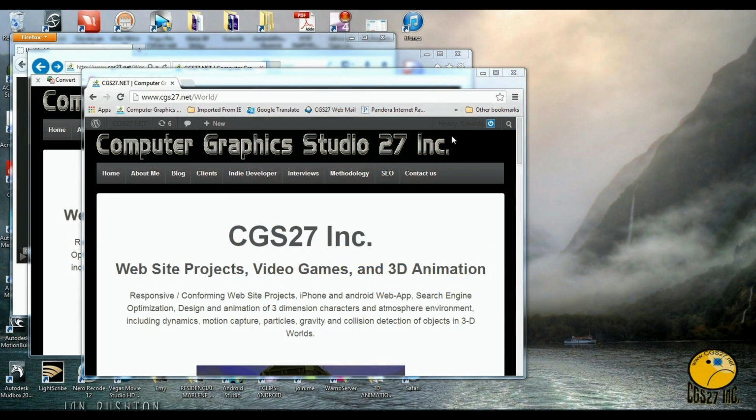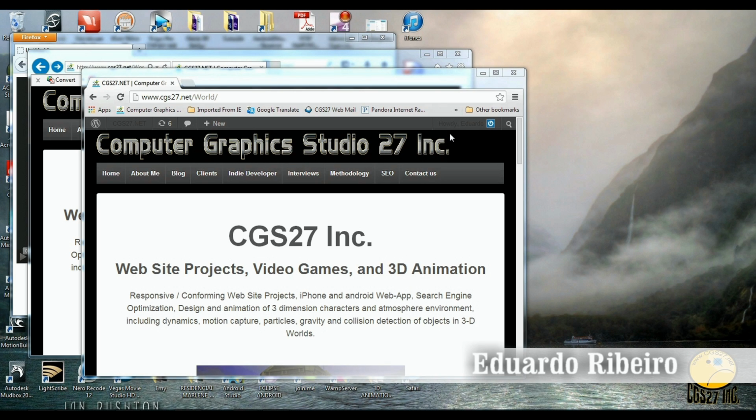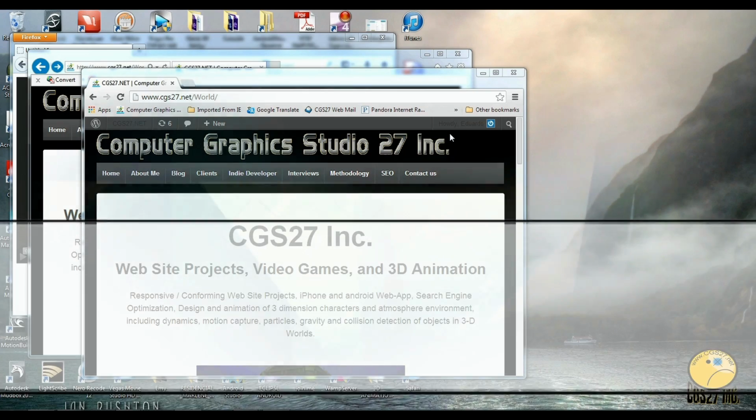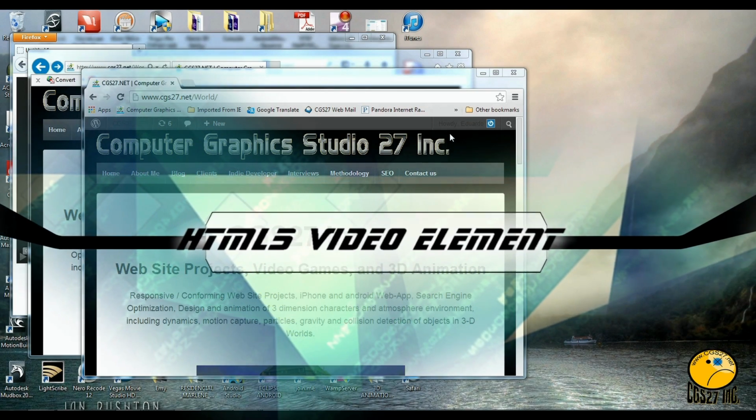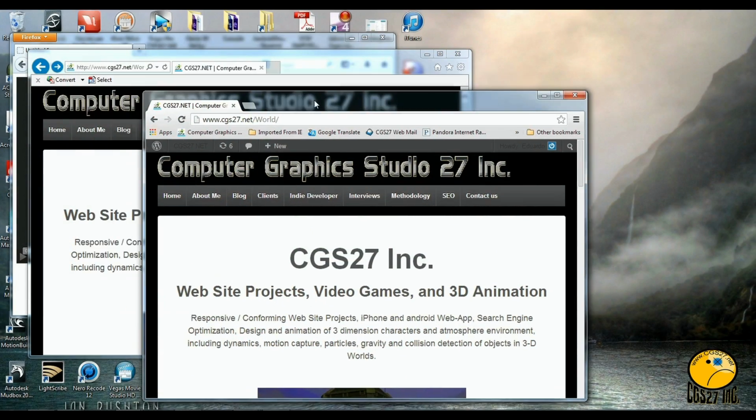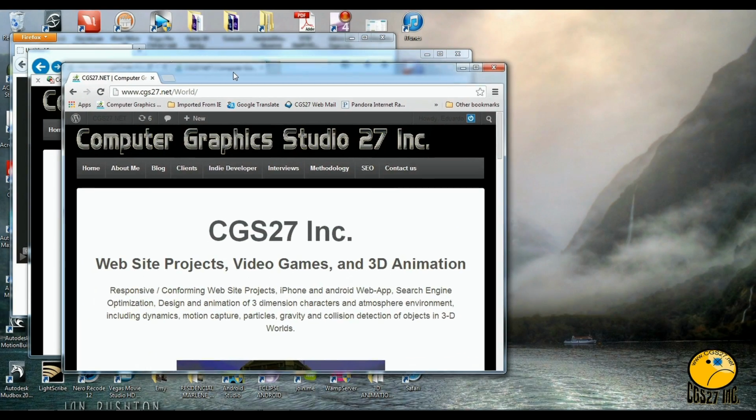Alright, this video is to give a quick demonstration of how to use the video element from the new HTML5. Again, a user of one of my blogs asked me to give a demonstration of how to use the HTML5 video element. He asked me what is the best way to play a video